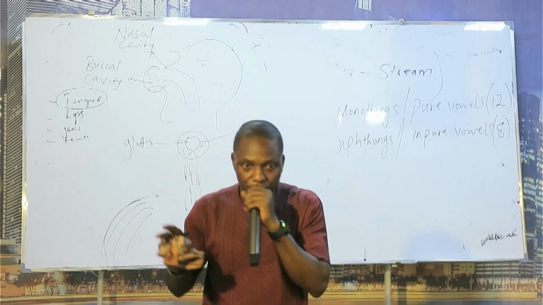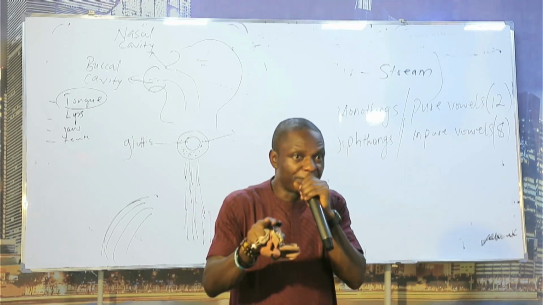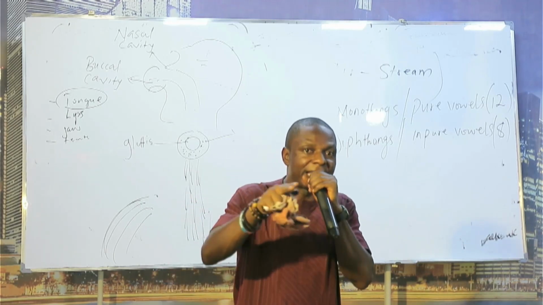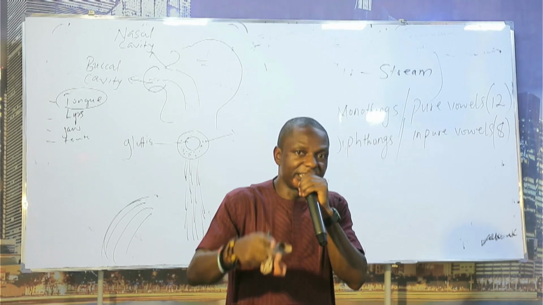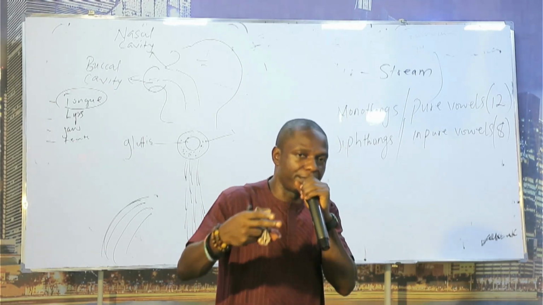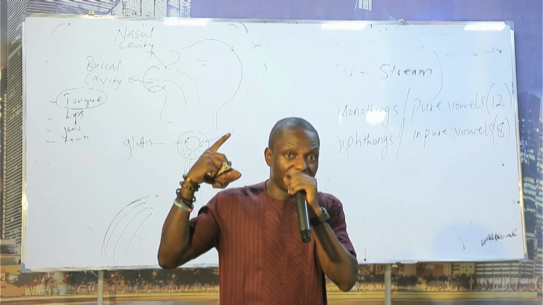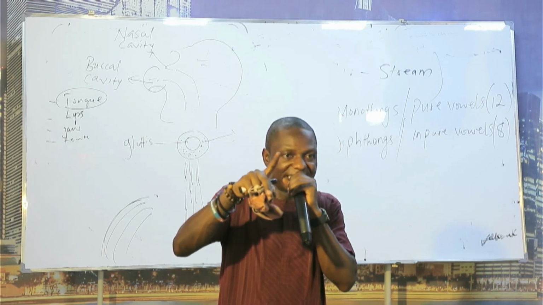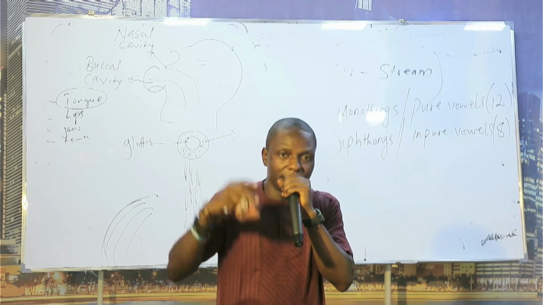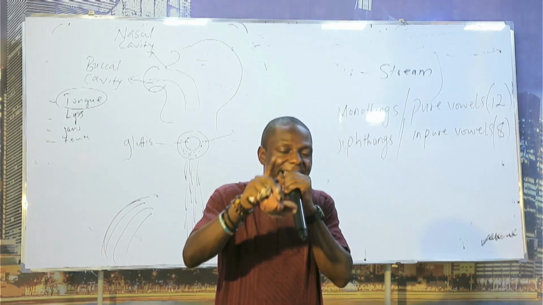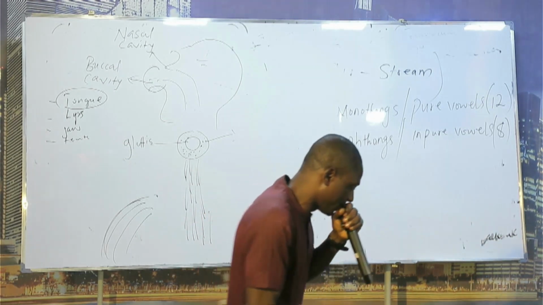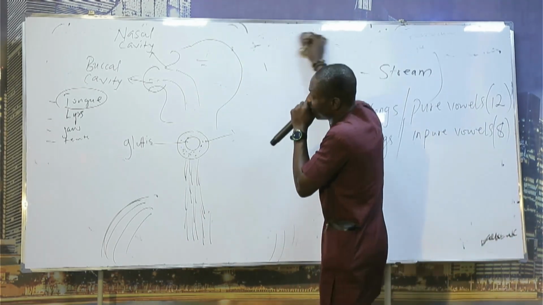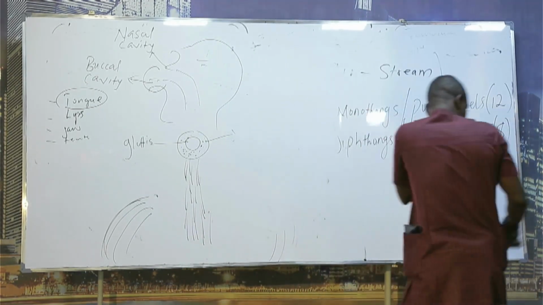You know what I mean by pari passu? That means you cannot remove the number from the symbol, and you cannot juxtapose it. Each number goes with their own symbol. But when we go to diphthongs, as long as you can remember 8 of them, it doesn't matter how you interweave them. But in these monotongues, it carries their number and they are arranged chronologically. Have you numbered 1 to 12, okay?